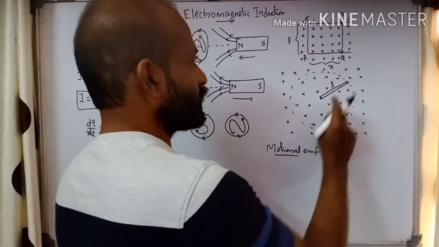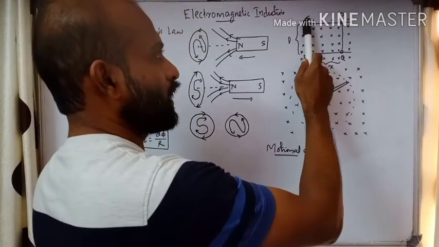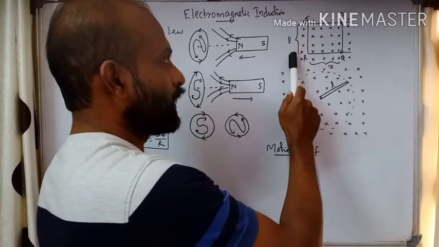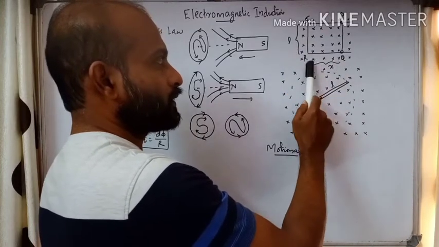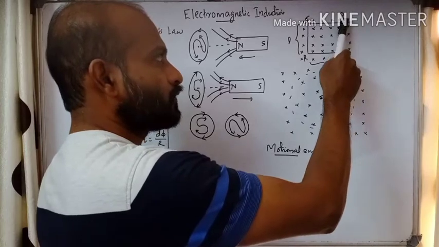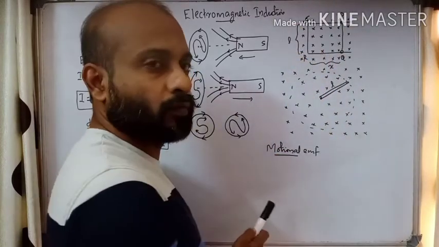First, we have a conductor moving linearly. See, we have a frame like this, a closed frame. The frame has a length L and let x be the breadth. Length L and x is the breadth. And one side of the frame is movable. This side PQ, having a length L, is movable.